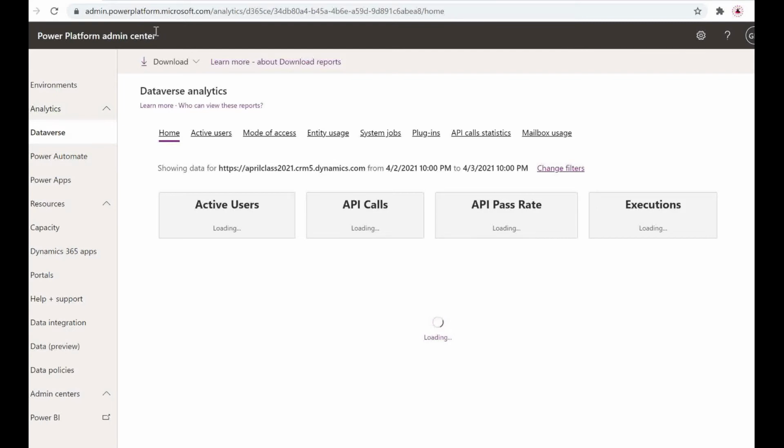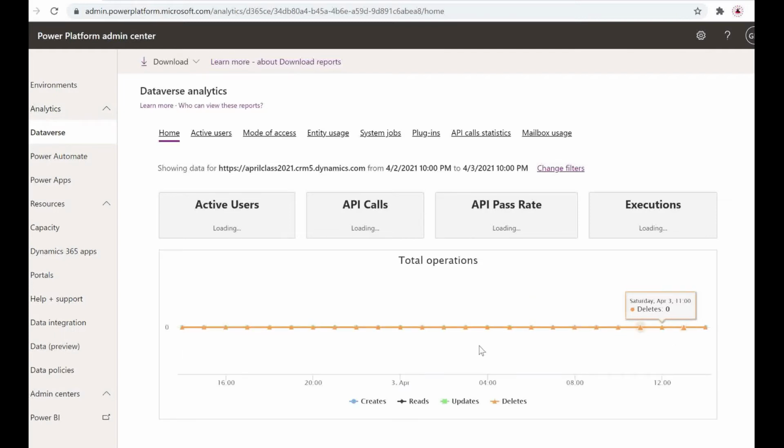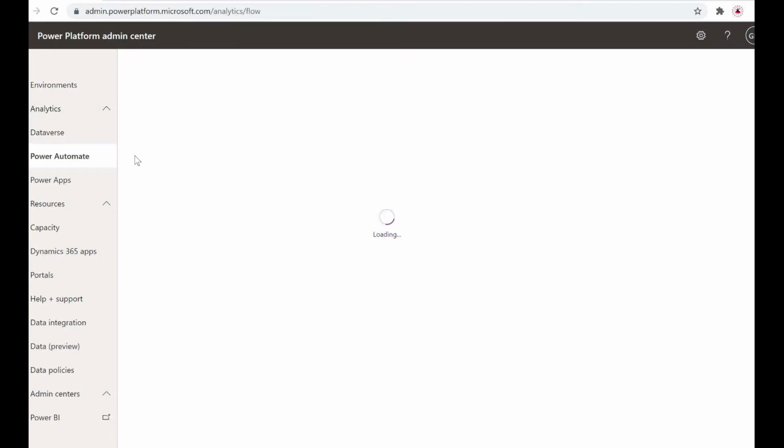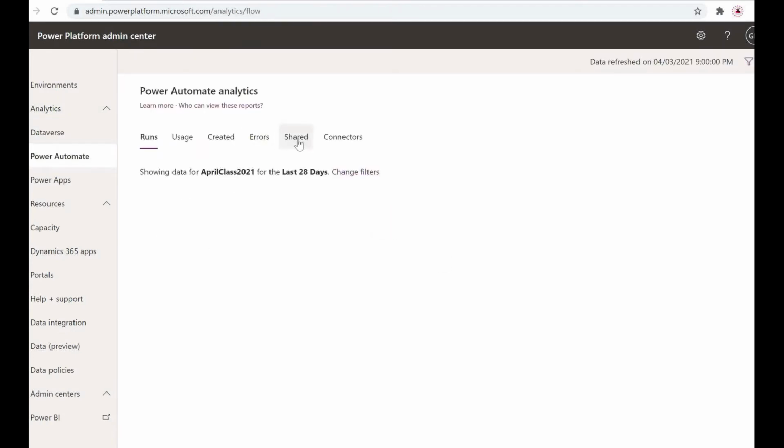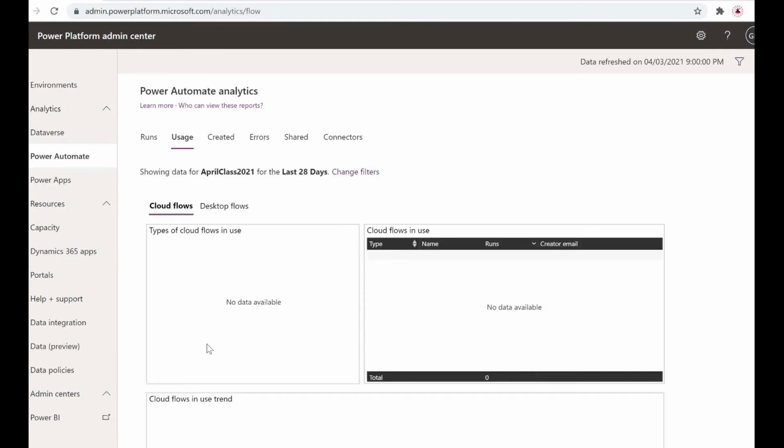In Dataverse activities it is showing nothing, because we have not created anything. That's why it is blank now. Similarly, in Power Automate there is no data available.